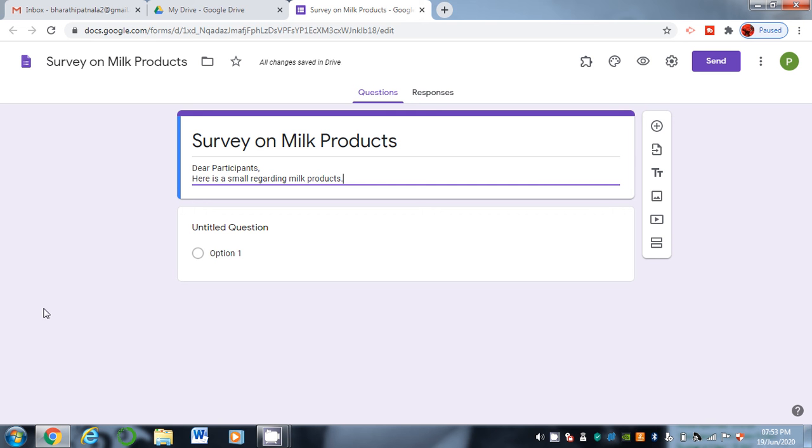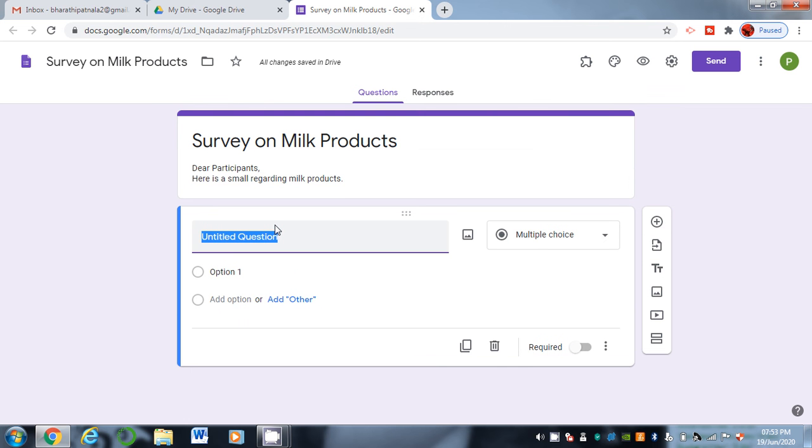Next, coming to the questionnaire, here you can see the plus button. When you hit this plus button, you can add any number of questions.